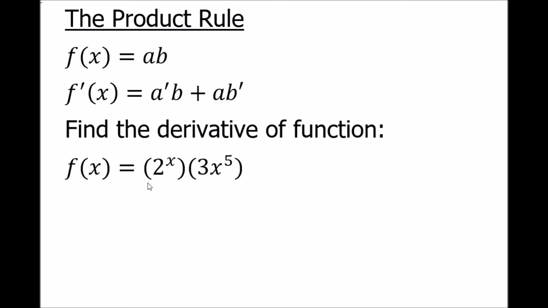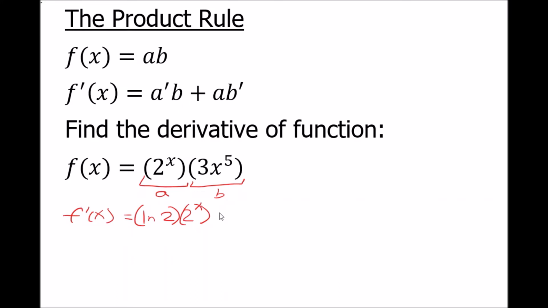Let's use the product rule to find the derivative of the product of 2 to the x times 3x to the 5th. And I'll call this first guy a and the second guy b, and I'm going to use the product rule. Here we go. The product rule says take the derivative of the first term, I'm calling this a, so a prime, now of course this is an exponential function, so the derivative is ln of 2, right, ln of the base, times the original, 2 to the x, times the derivative of x, which of course is 1, so that's my a prime,